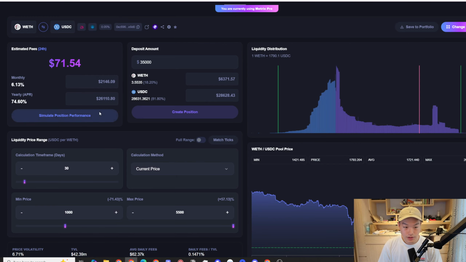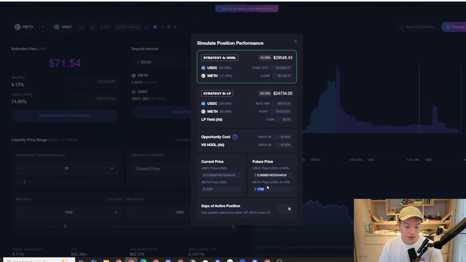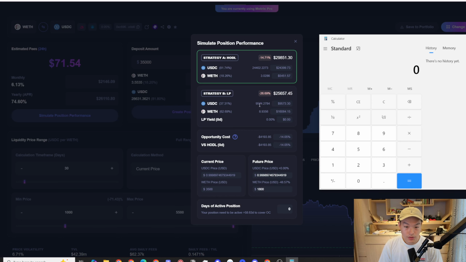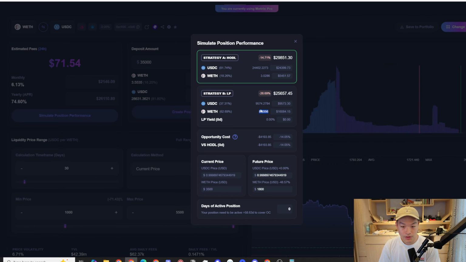And if we click simulate performance, Ethereum right now is trading roughly at $1,800. You can see here, my liquidity pool would be at 25,657 dollars worth if I entered with 10 Ethereum, right? And this is how much it would be worth right now. But you can see I've gained almost 9 Ethereum from this price action, and I still have almost $10,000 worth